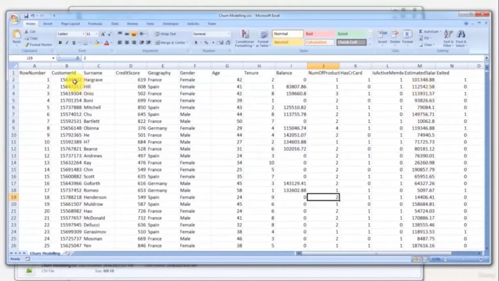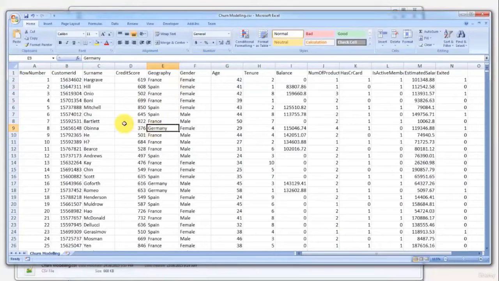Well, 6 months ago, the bank said there's a big problem. We've got to take a sample of our customers. This is a sample of it. 10,000 is a tiny number for this bank. It has millions of customers. The fictional bank operates in Europe in three countries, France, Spain, and Germany, and they have lots and lots of customers. So what they did is they took this sample of 10,000 customers and they measured 6 months ago